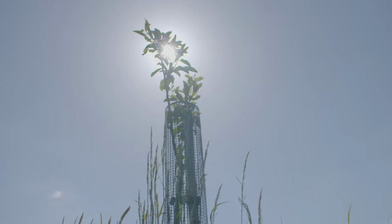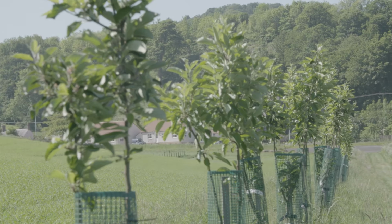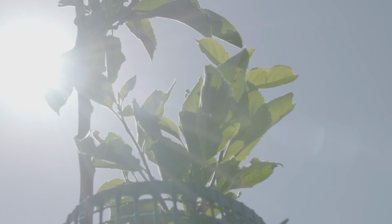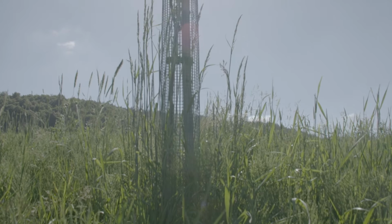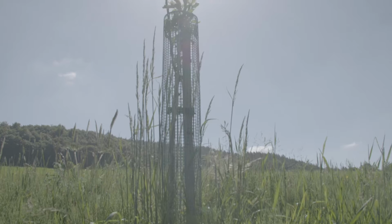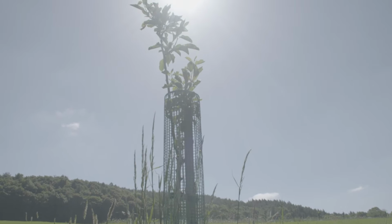So going back to our primary objective, we wanted to link all these pockets of trees up to make one big wildlife corridor, going from the top of the hill, going right down to the river bank. We wanted to plant trees that would help create more shelter belts to provide more shelter for the livestock. So hopefully they can stay out on the fields for a little bit longer, come out onto the fields earlier